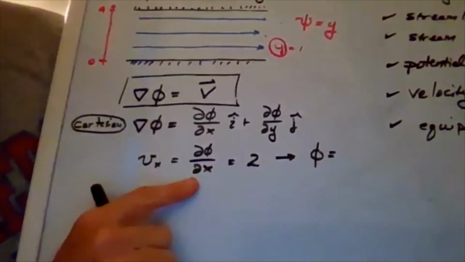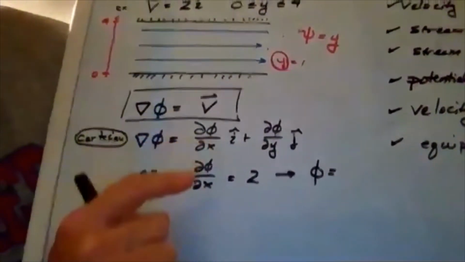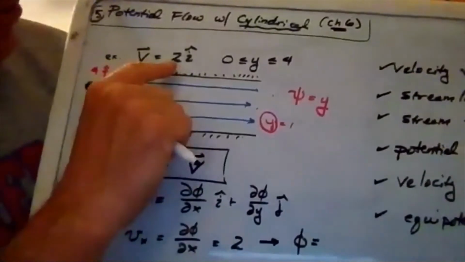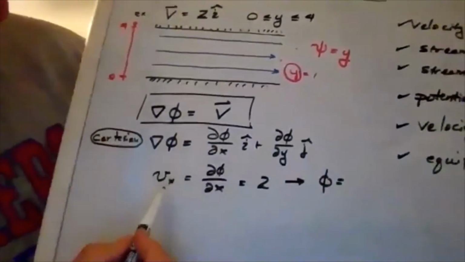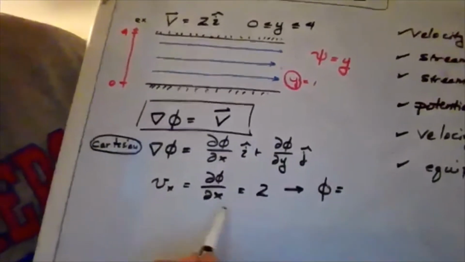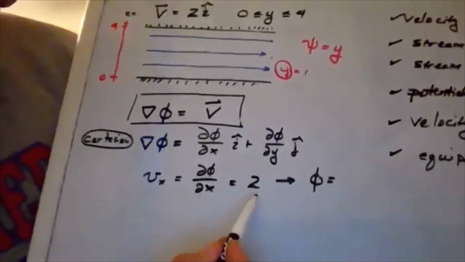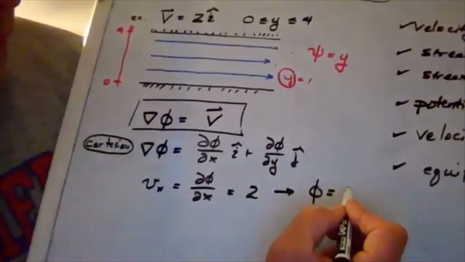dφ/dx is the component of the velocity in the x direction, okay? And in this particular case, the component of the velocity in the x direction is 2. It's always going 2. So I can say v at x is equal to dφ/dx is equal to 2. And going backwards from that, doing my integration, the potential function would